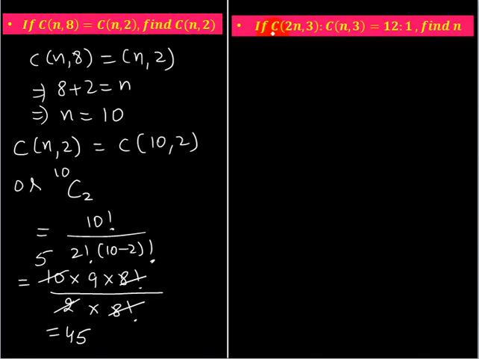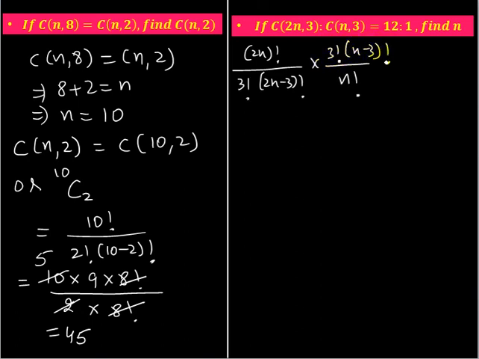Let us see the next one. See, the ratio of these two combination coefficients is 12:1. So use it to find n. So let us expand these two coefficients first. C(2n, 3) can be written as 2n factorial over 3 factorial into 2n minus 3 factorial, into, because this is first term with ratio the second term, and because I am using the operation multiplication, so we'll take reciprocal of this. So n factorial comes in the denominator, then 3 factorial into n minus 3 factorial in the numerator. So this is 12 over 1.